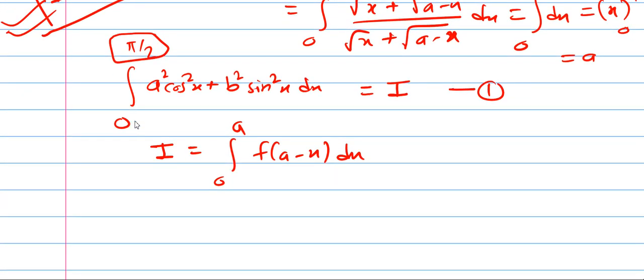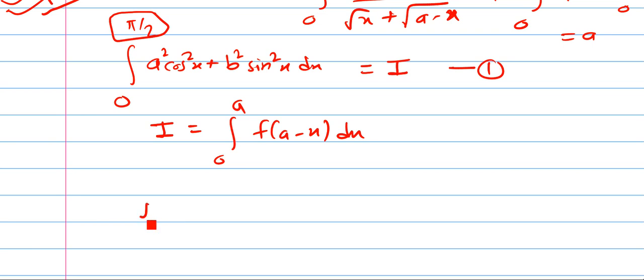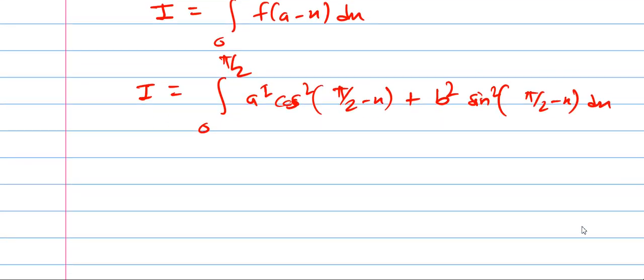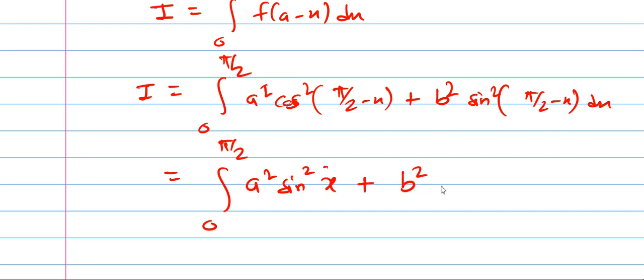So in place of x put pi by 2 minus x. So I equal to integration 0 to pi by 2 a square cos square, in place of x put pi by 2 minus x plus b square sin square, in place of x put pi by 2 minus x dx. Okay, so this is nothing but integration 0 to pi by 2 a square sin square x plus b square